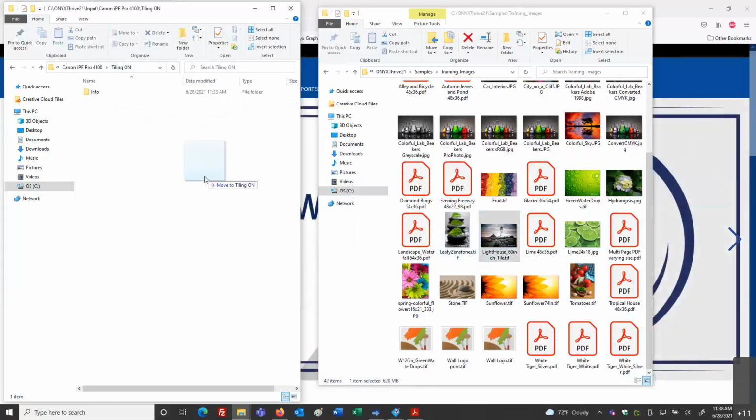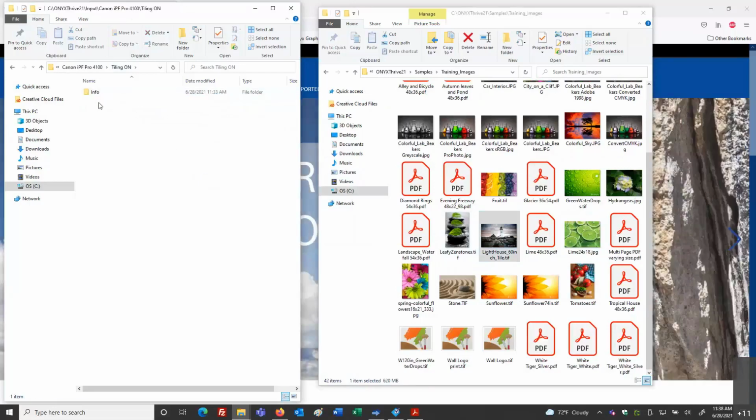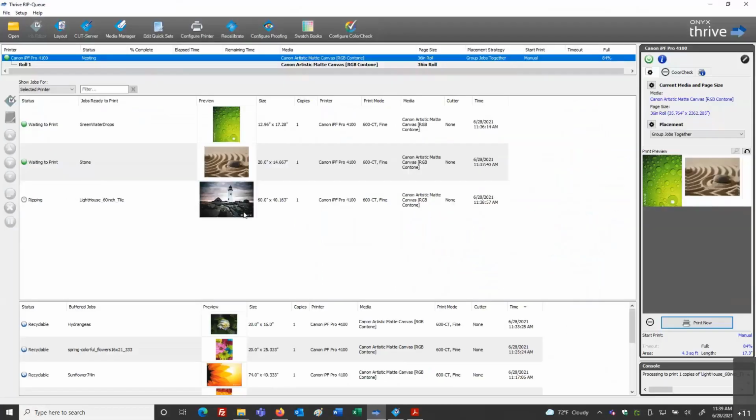So I can just do that here, and then the file comes into the hot folder or quick set, right? And the hot folder here brings that information in and starts to rip that. This has been set with tiling on, so I will have all of my different tile panels for this. Should be 2 tile panels, so let's see, 2 or 3. Let's see what we get here for processing. So that's going to help automate your process.